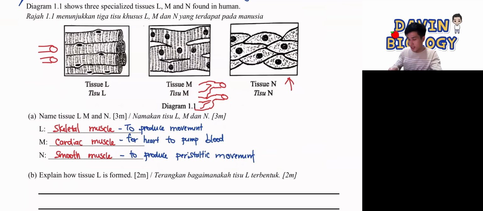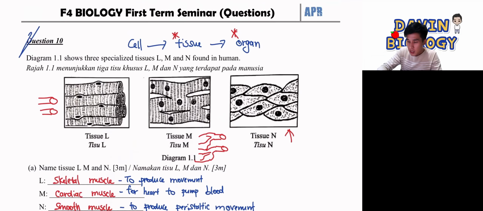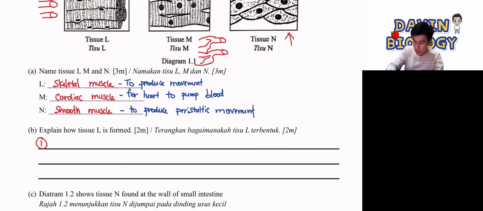Now, 2 marks. Number one, we first start by saying what it is made up of. Cell differentiation is not correct. It's actually cell specialization. But other than cell specialization, first I want you to write like this: tissues are formed by a group of cells, a group of similar cells. Remember, epithelial cells form epithelial tissue. Smooth muscle cells form smooth muscle tissue. So you can say it is made up of a group of similar cells